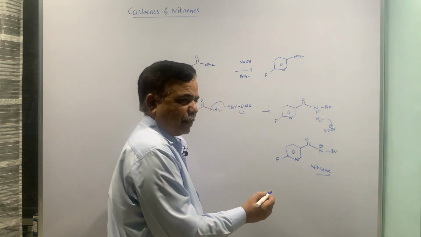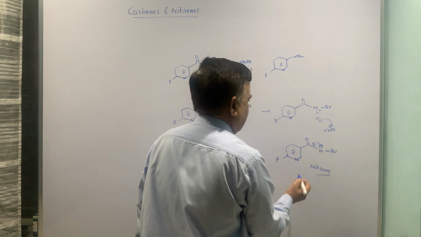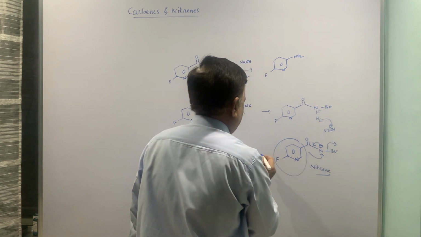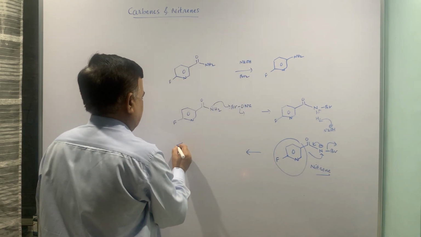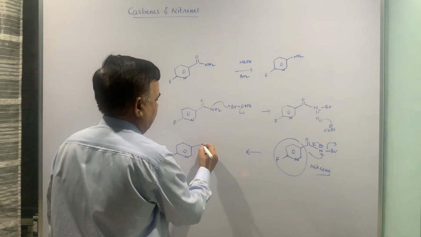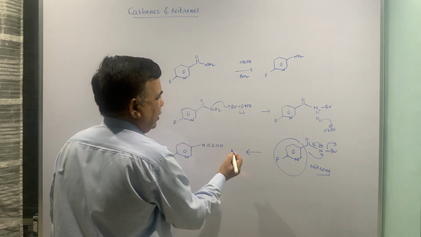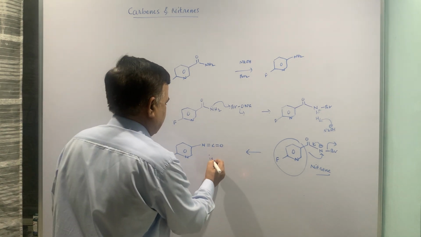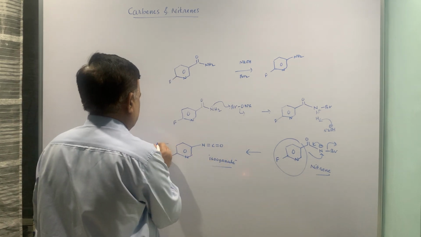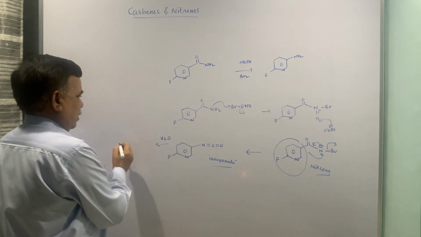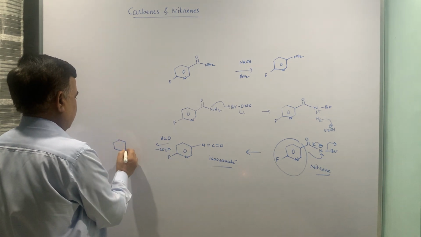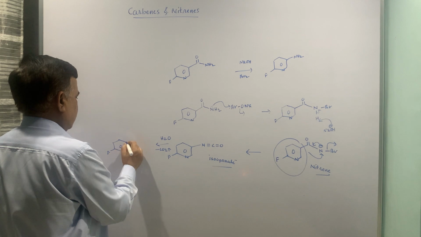Now, what happens after this is, this negative charge comes here, this entire ring comes here and this goes off. So you get isocyanate. I am just putting it with the ring, this will be as it is. Now, the ring will have joining with nitrogen instead of carbon. So, this is isocyanate. Now, this isocyanate, as we know that when it is worked up with water, it loses CO2. We have already seen this kind of reactions, so I am not repeating those things.